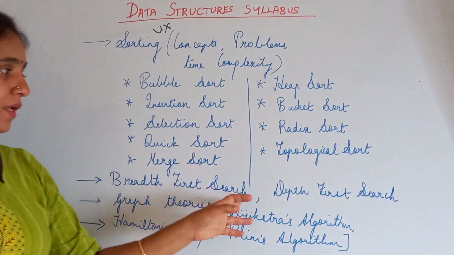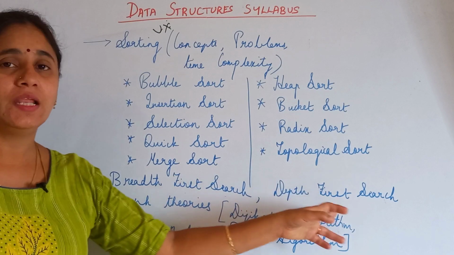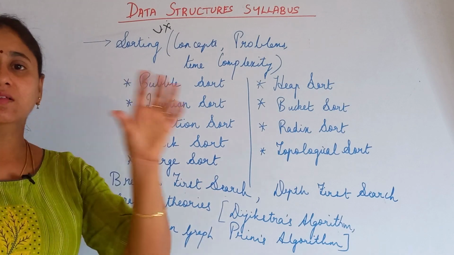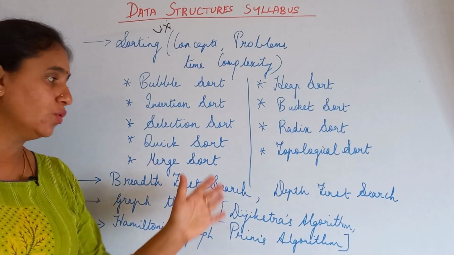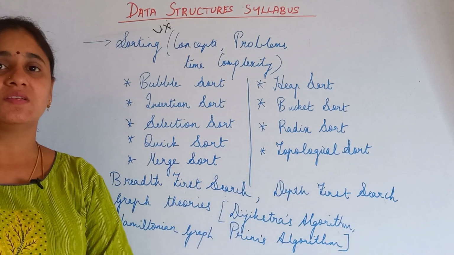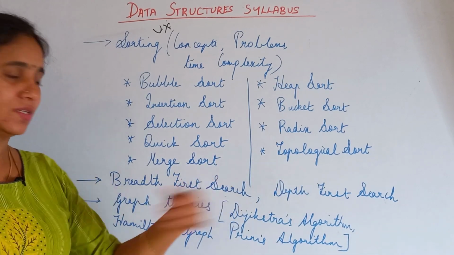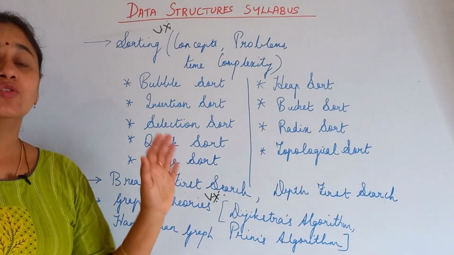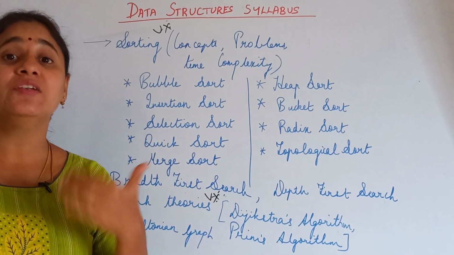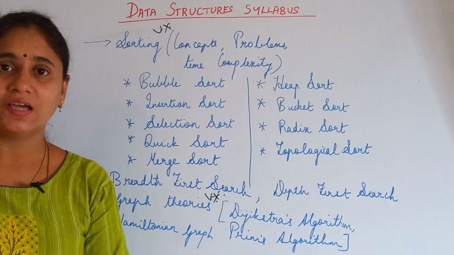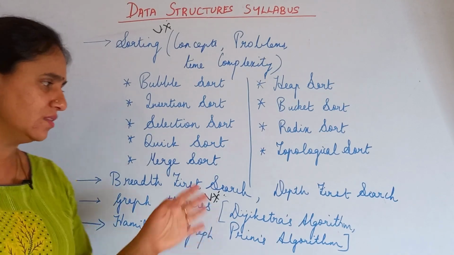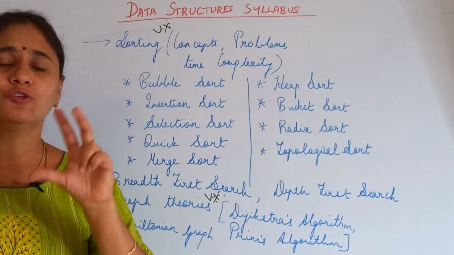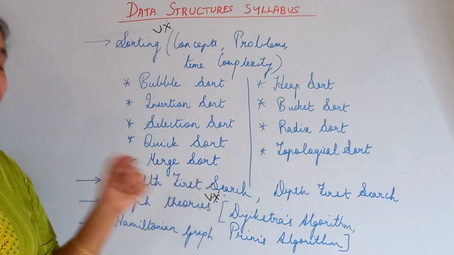The next important topic is breadth first search and depth first search. We are going to discuss how to construct the structure of a graph and a tree, how we search the elements, and what the time complexity is. All these things we are going to focus on. Another important topic we are going to study is graph theory. Under graph theory, we will discuss different types of graphs, that is directed graph, directed acyclic graph, cyclic graph, and many more, and the important points that you may get as a question in the examination.